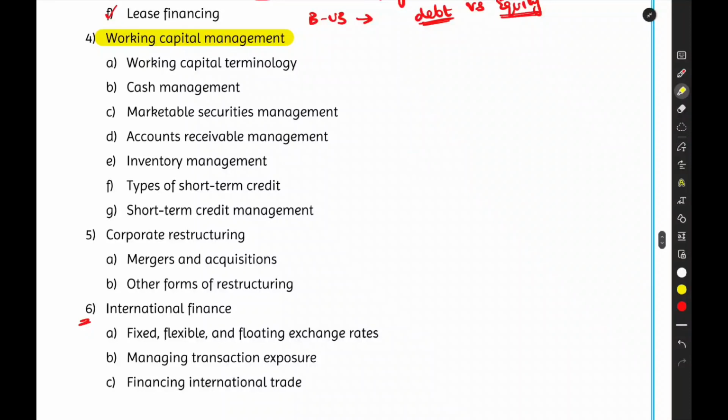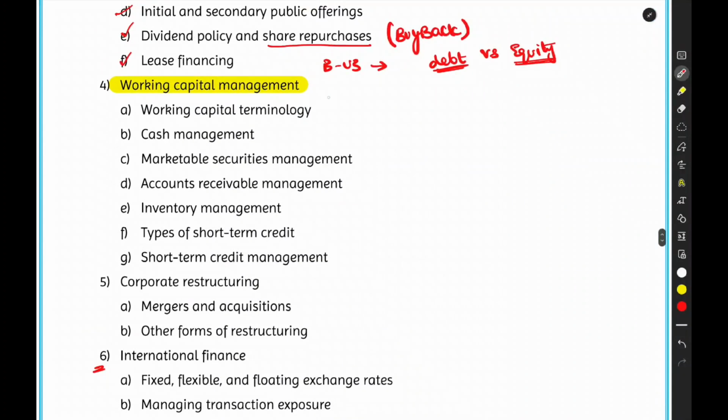So what is working capital? Working capital is nothing but the money which is required for running the day-to-day business operations. For example, payment of salaries, payment of utilities, electricity bill, rent, maintenance, all that stuff. Then payment of your internet, telephone, transportation, all that stuff. So purchase of raw material,